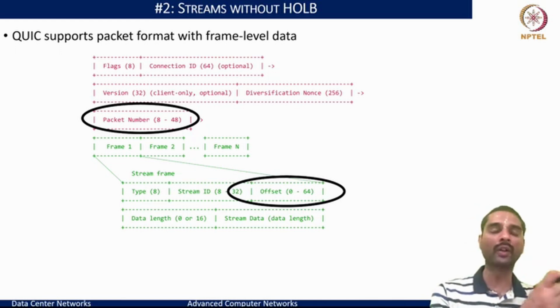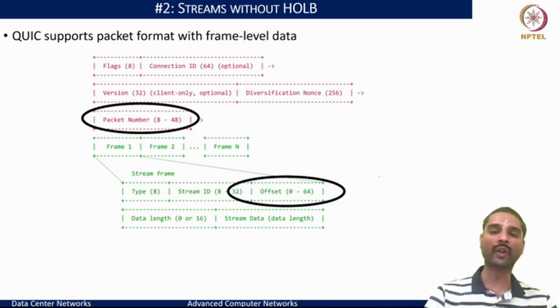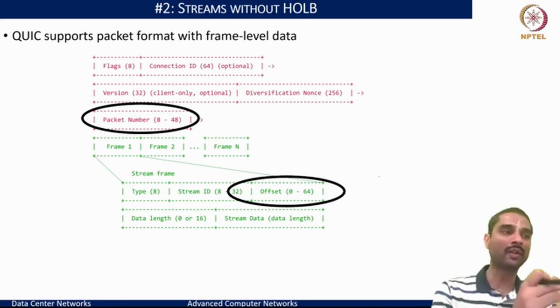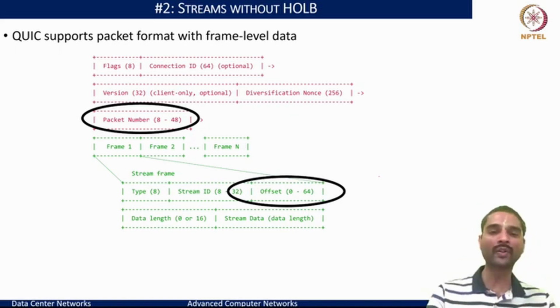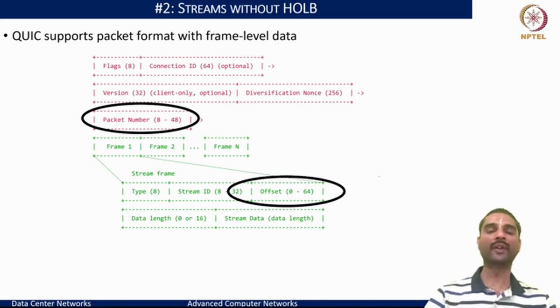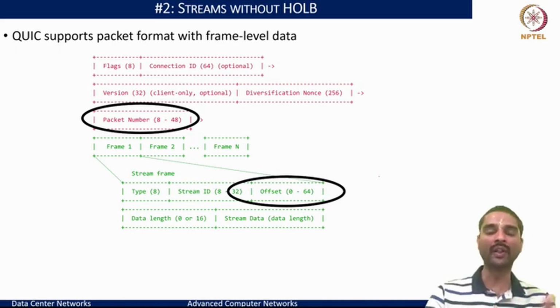So if I say frame 1 belongs to a particular object, I would want to ensure that this offset information is the sequence of streams that I want to build within that frame 1. While for frame 2, I could have a different packet number, the immediate next packet number, to send out frame 2. So it doesn't matter whether the packets were really in sync or not, but what matters is whether the packets that you receive have frames that are in sync or not. And this is a simple data structure to isolate the streams from the packets that are going to be exchanged, basically decoupling this information.